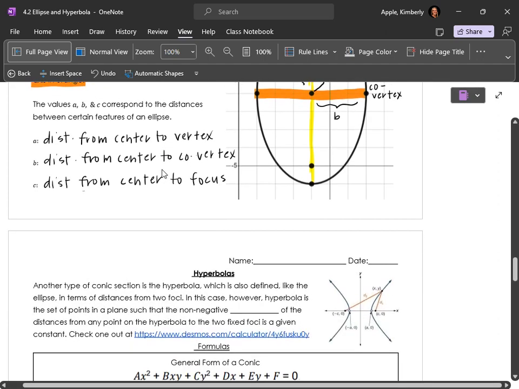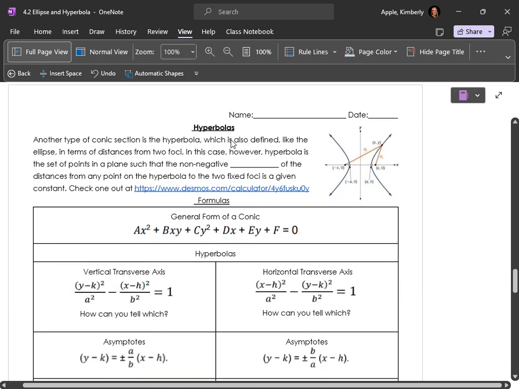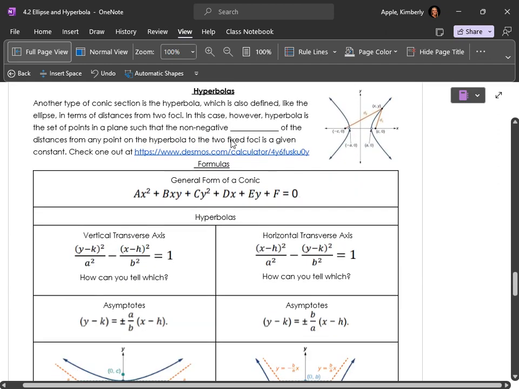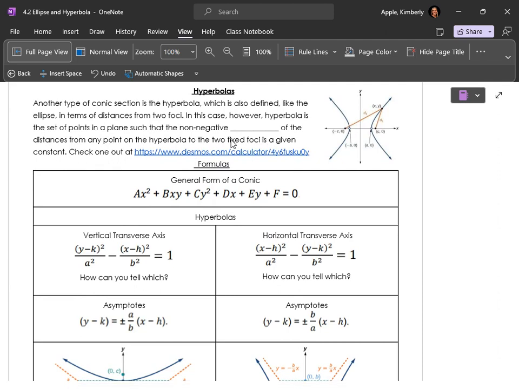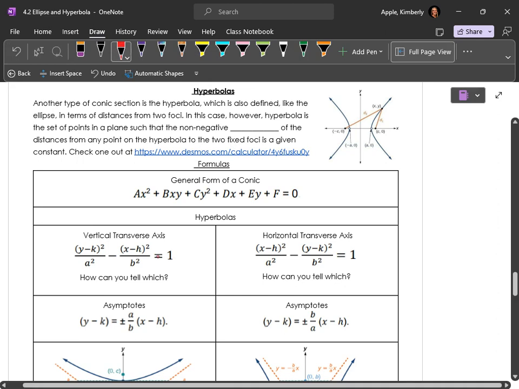All right, you'll still need your yellow and whatever because now we are moving on to the hyperbola, which is the most complex of the conic sections. So, another type of conic section is the hyperbola. We define, just like we did with the ellipse, the hyperbola in terms of distances from the two foci, except now, instead of the sum of those distances, the criteria for the hyperbola is that the non-negative